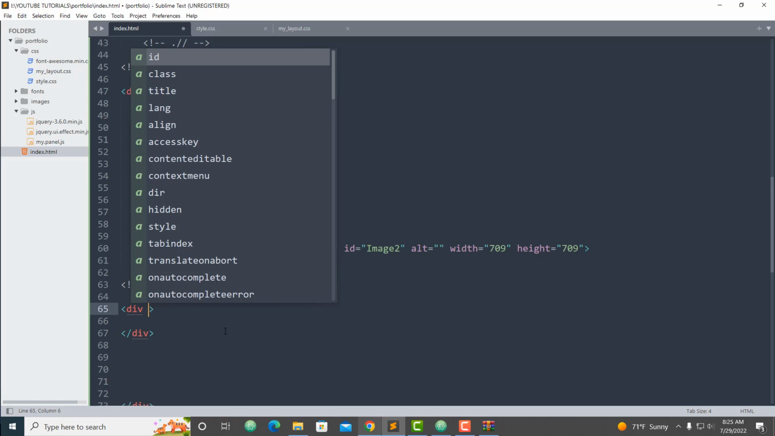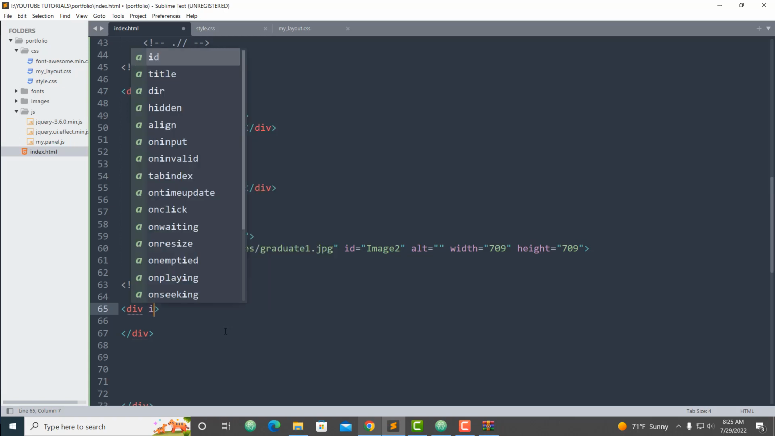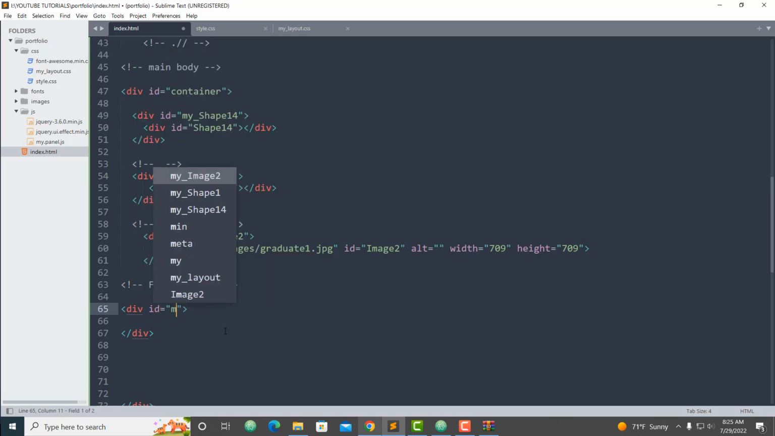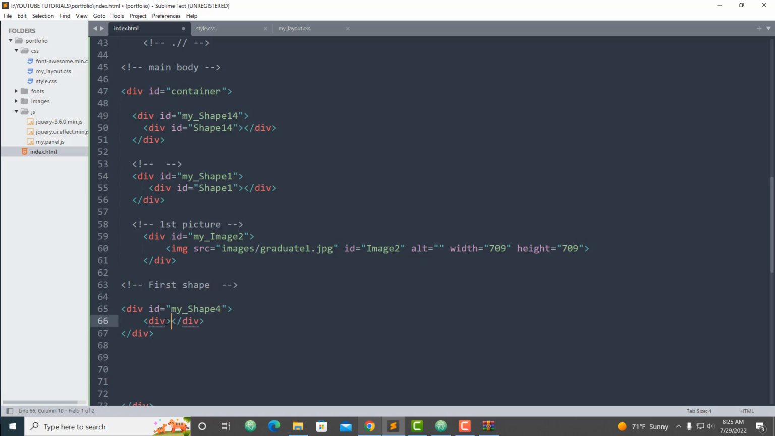let's call it, no, first we need, I remember, ID, my shape. You give a number for anything you want, and go here, div again, and call it shape 4. Okay,